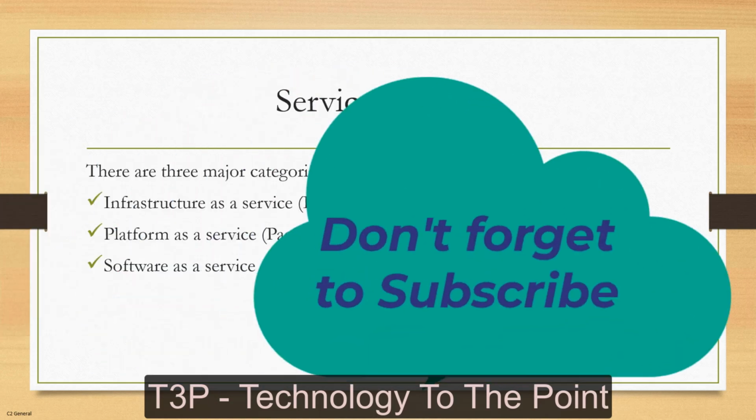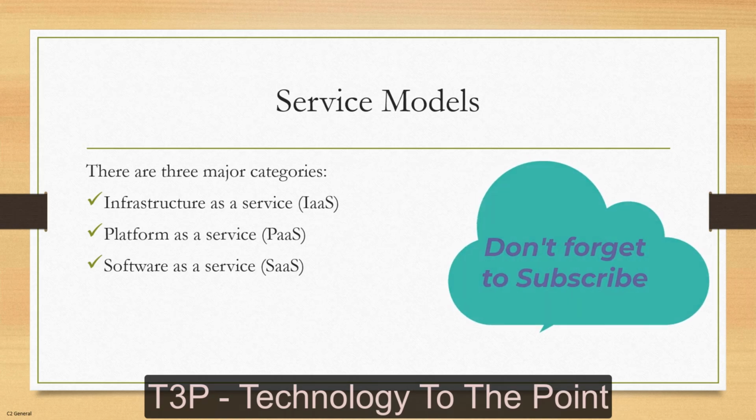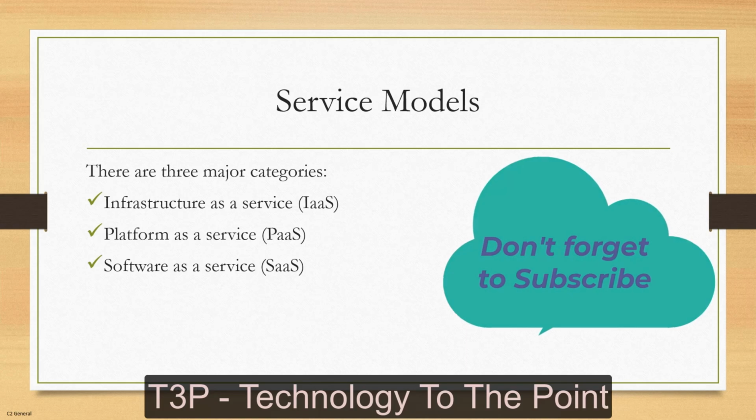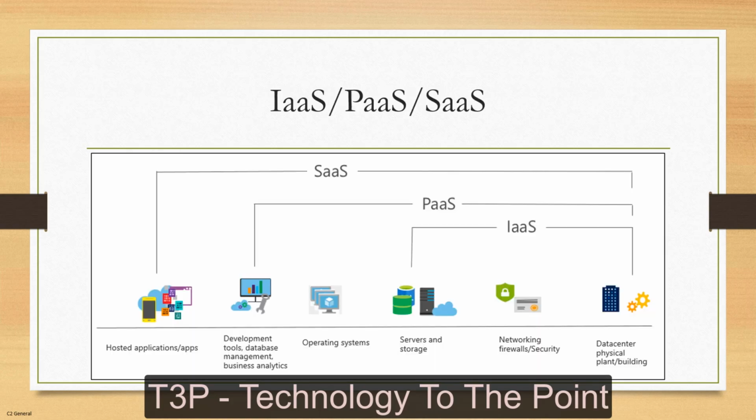Then we have the service models. These are the 3: infrastructure as a service, platform as a service, and software as a service. If we talk about control from the customer's side, then infrastructure as a service gives you more control, and you will be responsible for many of the components there. Platform as a service provides you the environment where you can develop your applications. Mainly it is used for that. Then we have software as a service. It is based on licenses, like Gmail is one of the examples. Office 365 is also software as a service.